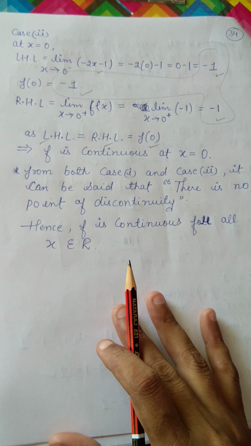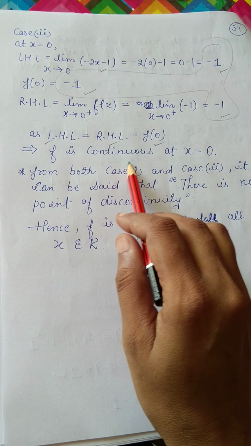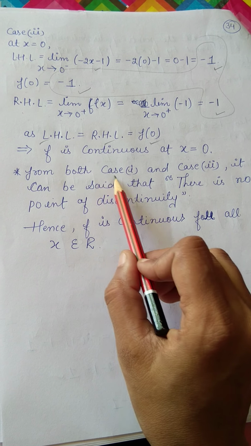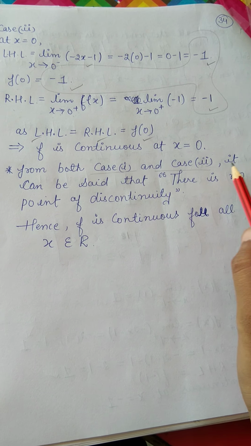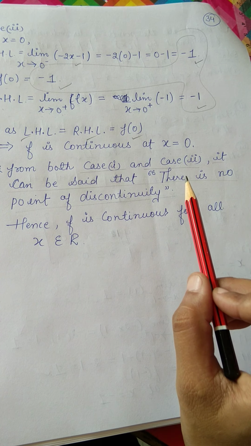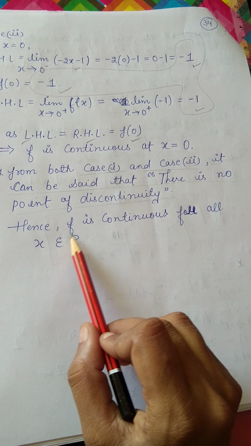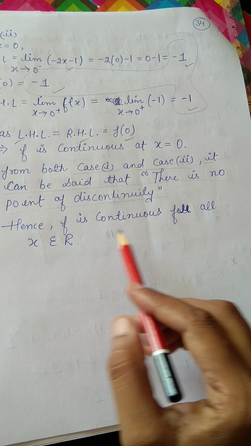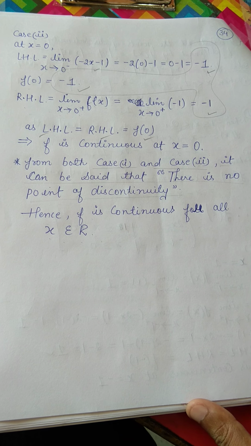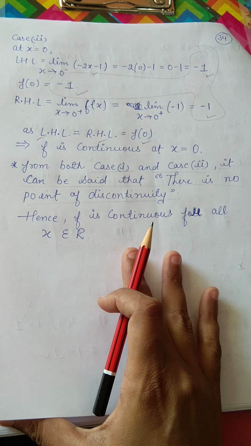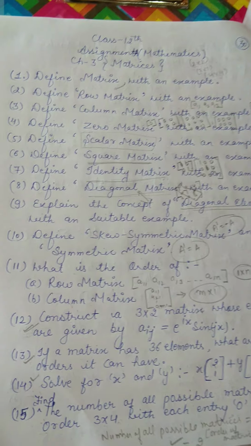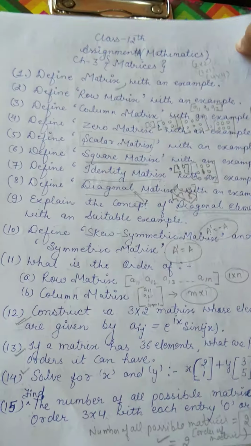So we can say that f is continuous at x is equal to 0, and from both case 1 and case 2 it can be said that there is no point of discontinuity. Hence your f is continuous for all x belonging to R. Clear, बच्चे? Now once I have given you one assignment of chapter number 3, that assignment I want to discuss